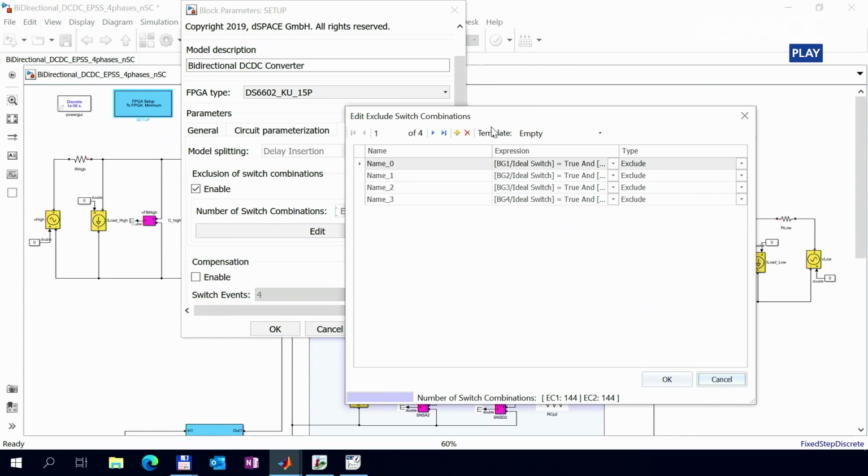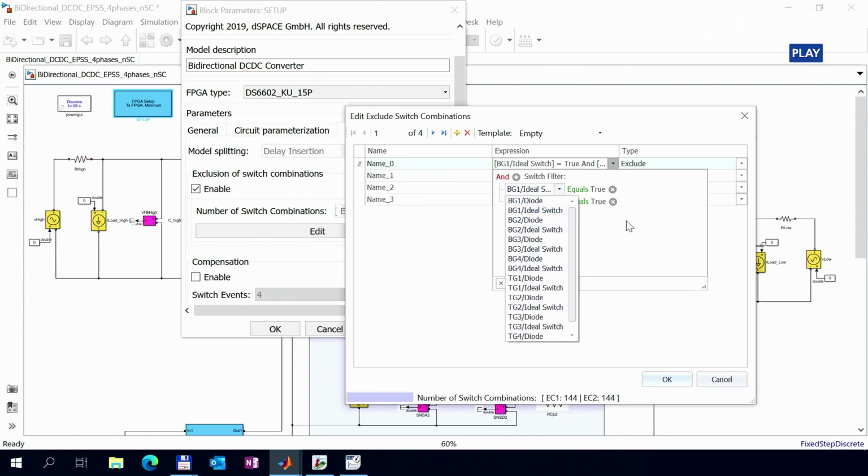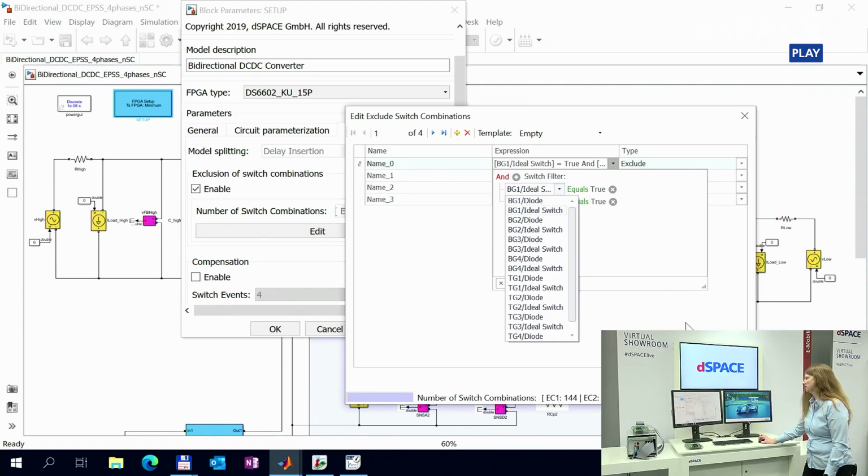You can easily configure the switch combinations you want to exclude here. We have prepared it here for the model such that no short circuits occur. So for example, here high side and low side ideal switch are not allowed to be on at the same time. This is excluded, and you can vary here different combinations you want to exclude.